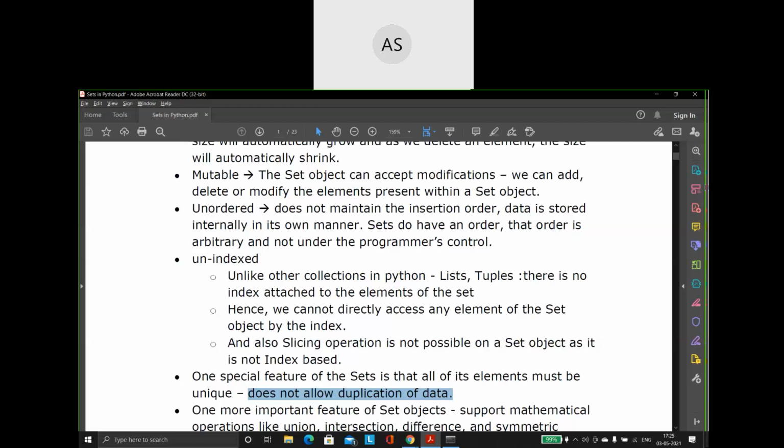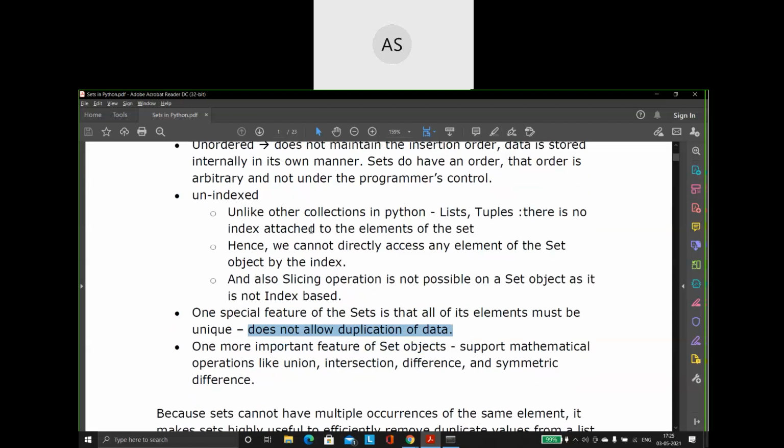And the next thing is, unlike all other data structures that we have seen, list, tuples, dictionaries, sets have one important feature: sets support mathematical operations. I have some predefined functions that can be used for mathematical operations like union, intersection, difference, symmetric difference, disjoint, join sets.